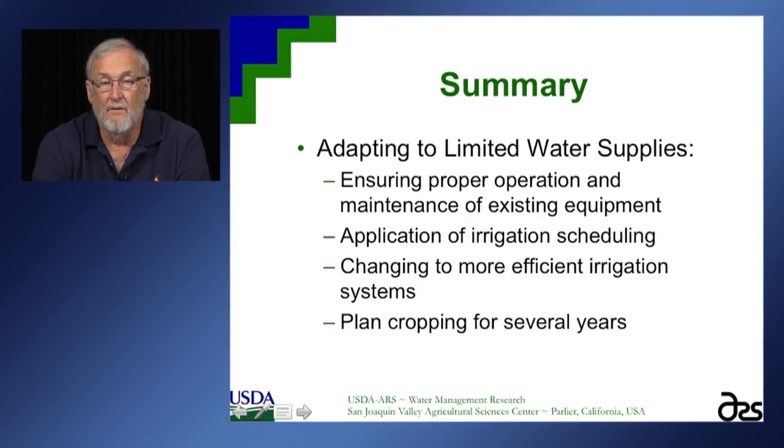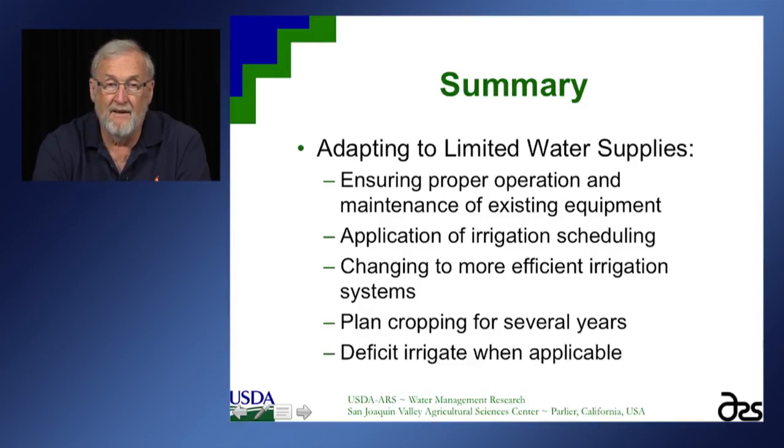And if you reflect on the frequency of drought, assume that you're going to have a drought every 3 to 5 years. And what does that really mean in terms of what your cropping is going to be? What is the balance between the annual and the perennial crops, and what strategies would you develop to sustain the perennial crops? And finally, deficit irrigation when it's applicable. Certainly, there's a lot of interest now in deficit irrigation, and it would be part of an overall irrigation strategy.